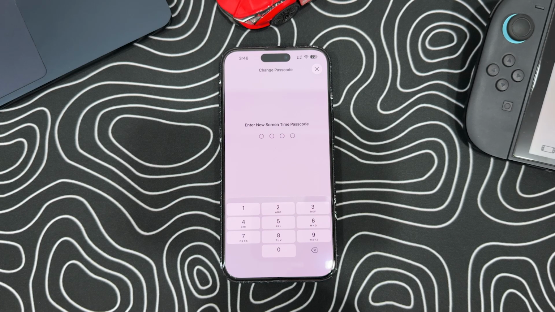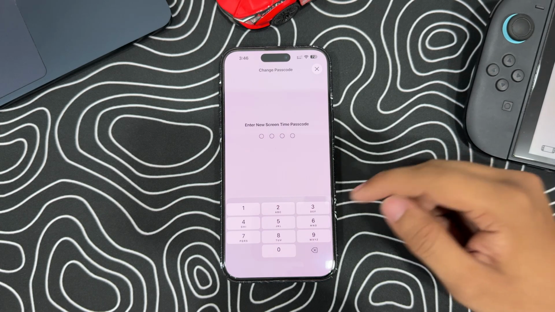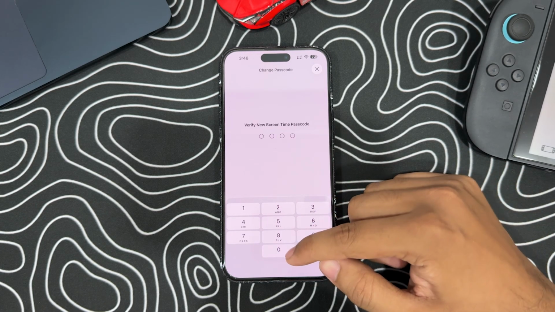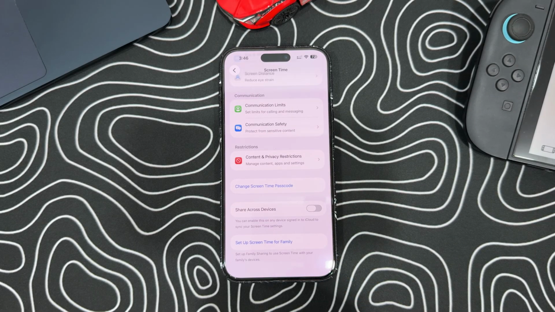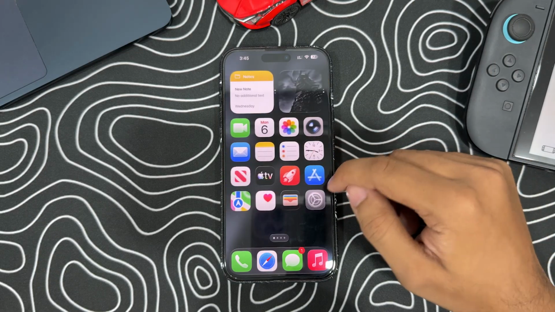Hey guys, in this video, I will show you how to turn off screen time without the passcode on your iPhone or iPad. All right, let's begin. First, open the Settings app